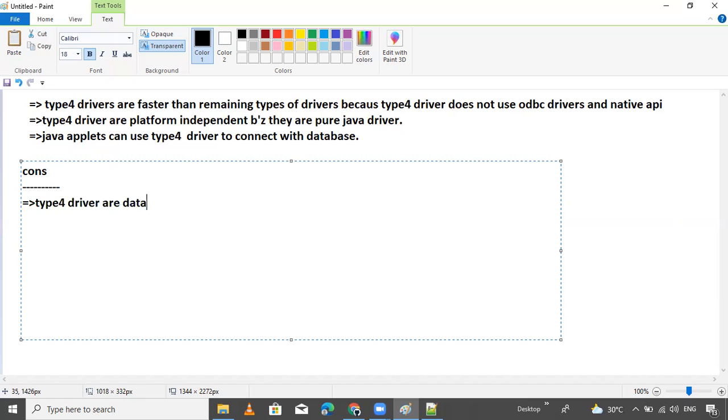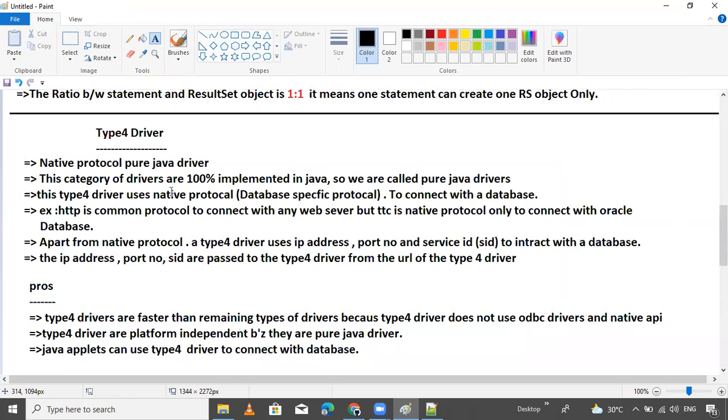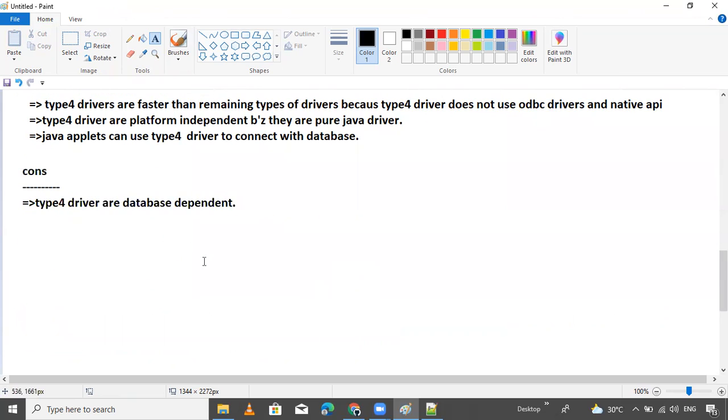This is very important. Try to get it: database dependent. There is only one drawback. It's platform independent, but it's database dependent.